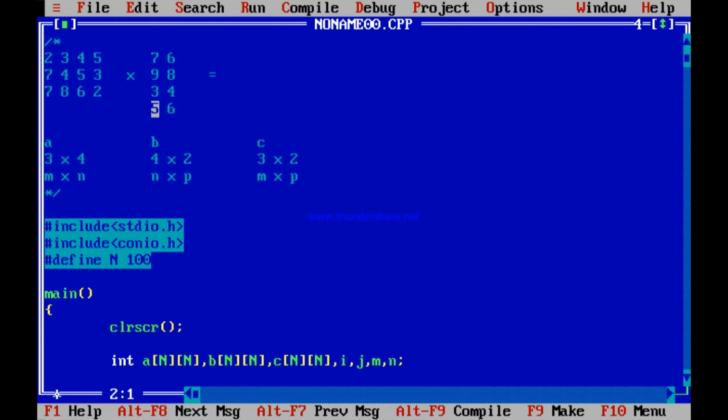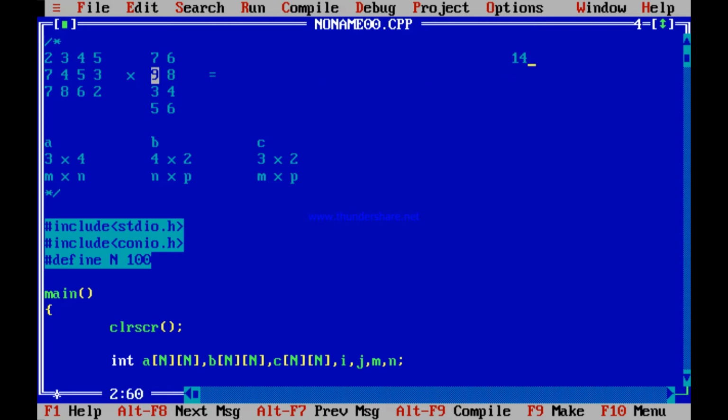2 into 7 is 14. Let me write it over here, rough work. 2 into 7 is 14. Then 3 into 9, 27.